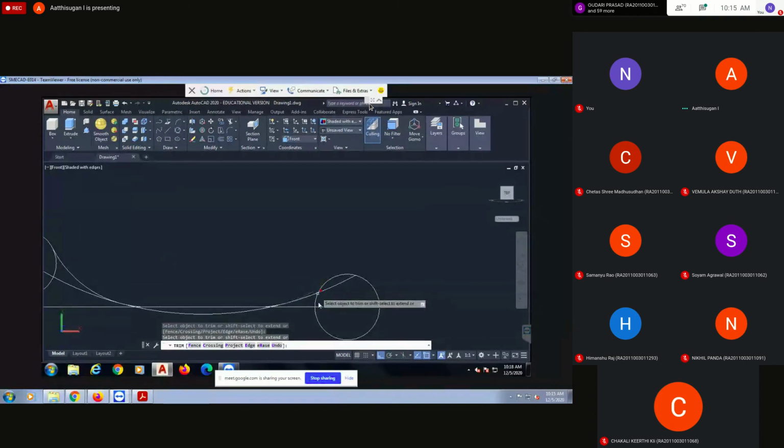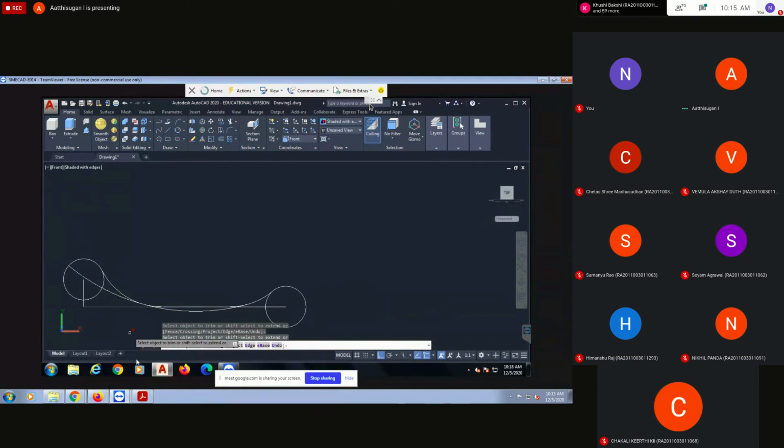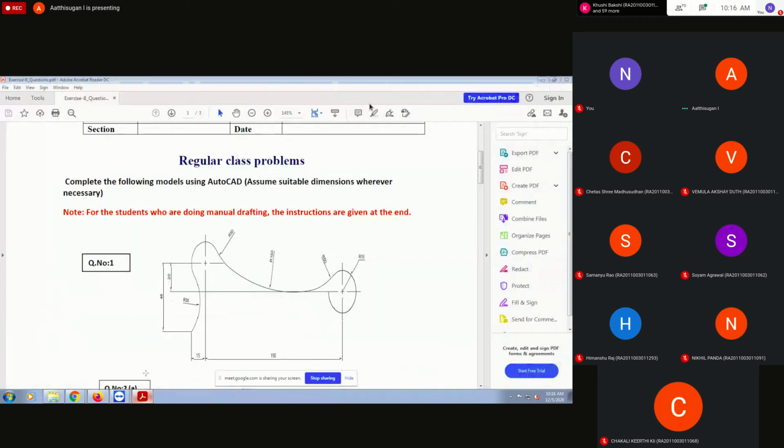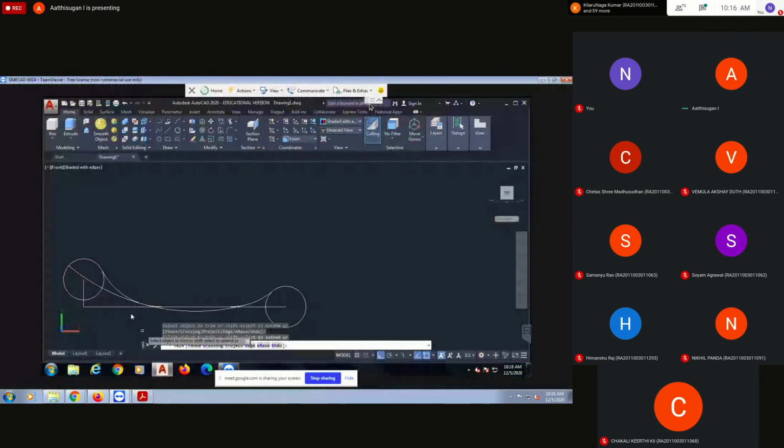Zoom in. See your question, removing. This is also not required. Then this also will not be required. Delete. Okay, now see.